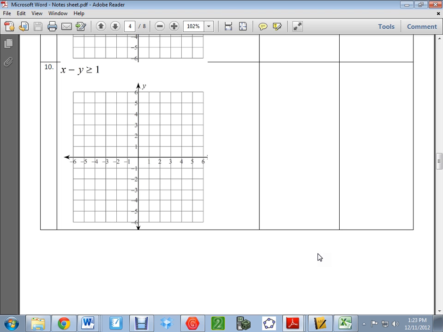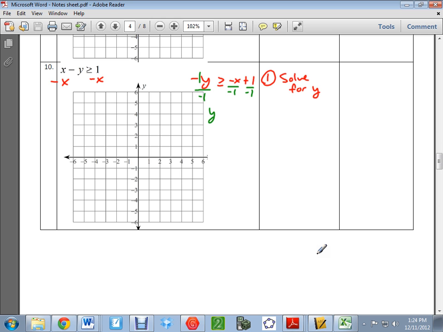First thing I need to do is what? Move the x to the other side. Yeah, move the x to the other side. What I am really doing is solving for y, but that is a step involved with solving for y: move the x to the other side. So I'm going to solve it by subtracting x. -y is greater than or equal to -x plus 1. What would the second step of solving for y be? Divide by what? The -1. Divide everything by -1. That'll leave me y is